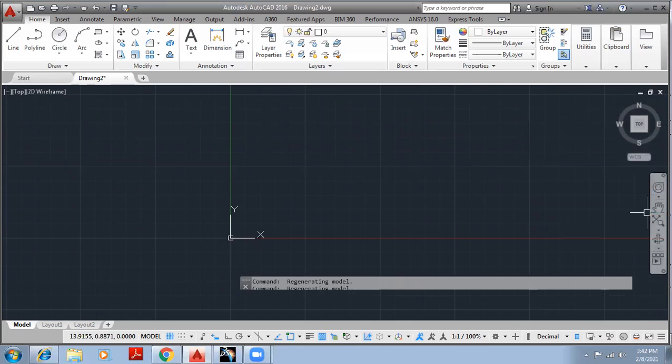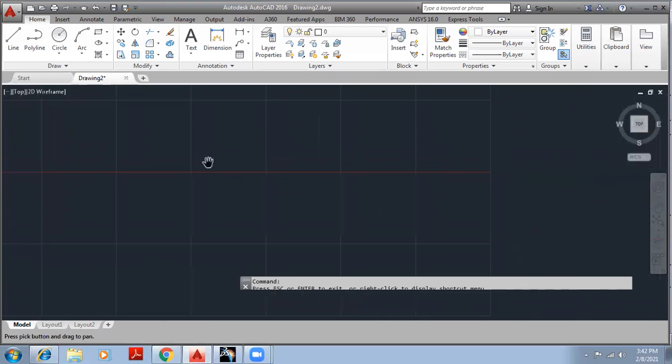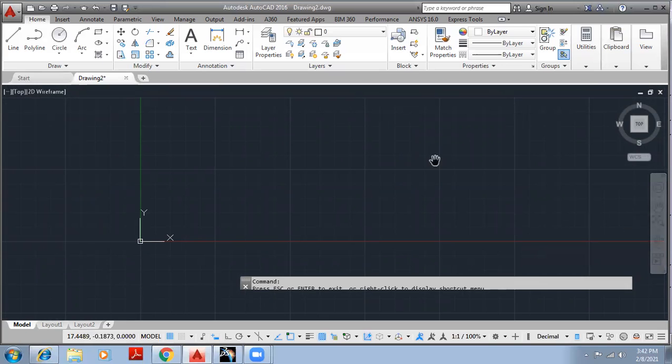And below it we have a navigation bar again, which will help us with panning. Pan means moving the paper, like this or like this. Then we have options for zoom in, zoom out, and rotating. These things can be done with the help of only the mouse also, which will increase our proficiency, or we can say efficiency. How? If the mouse is not working properly, or the scroll button of the mouse is not working properly, then we can choose this particular option. Till then we can do all the same things with the help of the mouse.